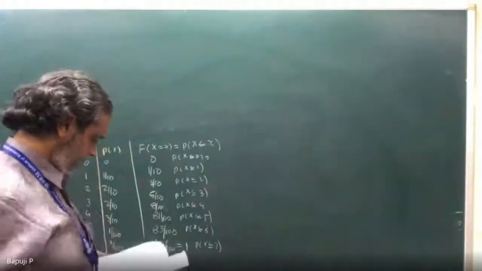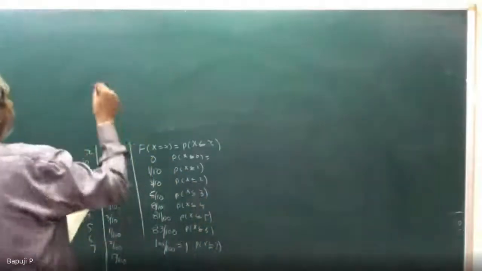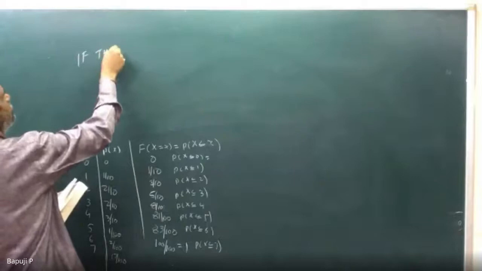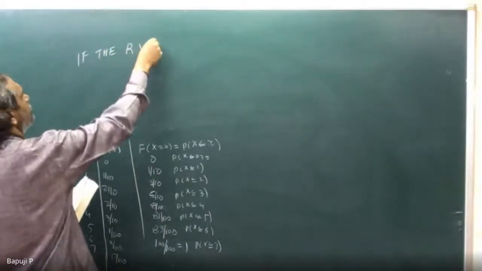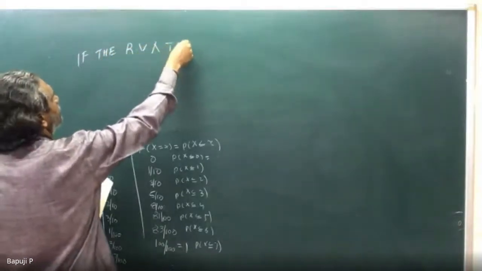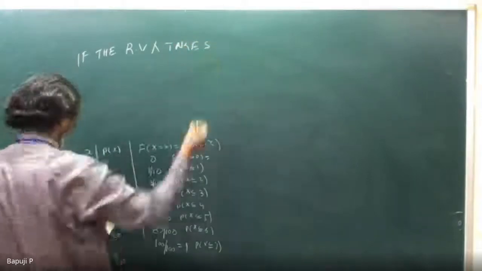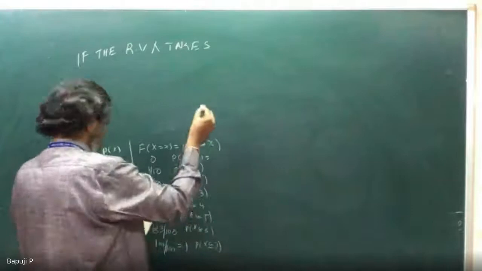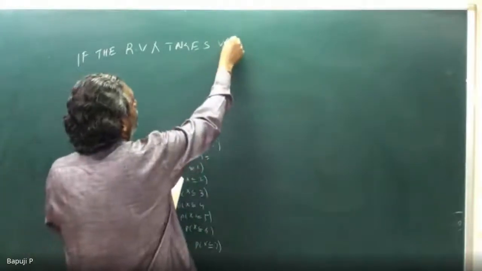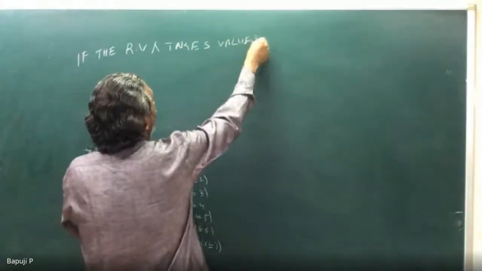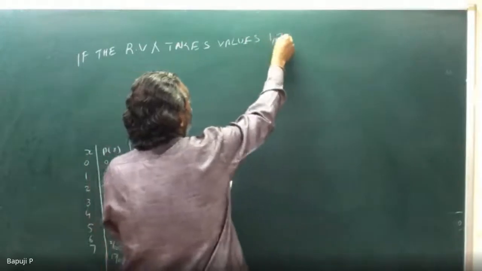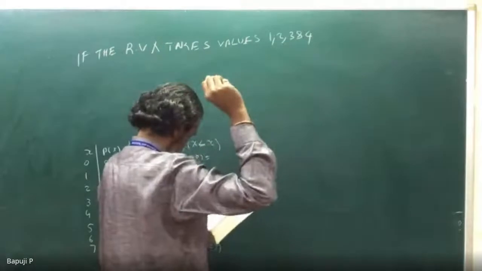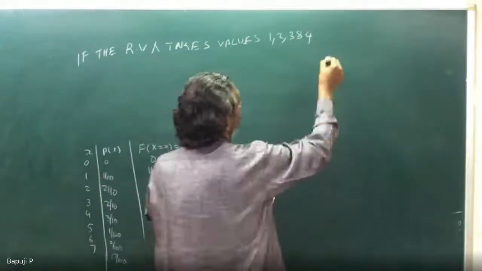Take. The random variable takes the values one, two, three, and 4, such that